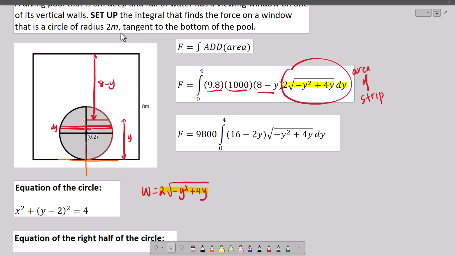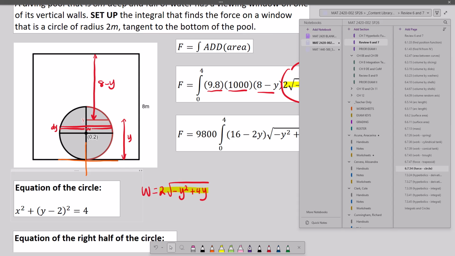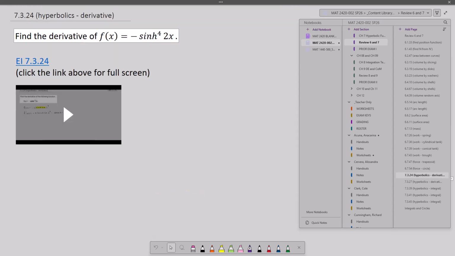It will. So power reduction identities for sine squared and cosine squared, those are ones that we've done, but you don't need to know the ones for the hyperbolics. So the only hyperbolic stuff we need to know are the ones for derivatives and integrals. Those are the only ones. That's all of 7.3. Should we do some 7.3 just to get that out of the way? Yeah. So the hyperbolics